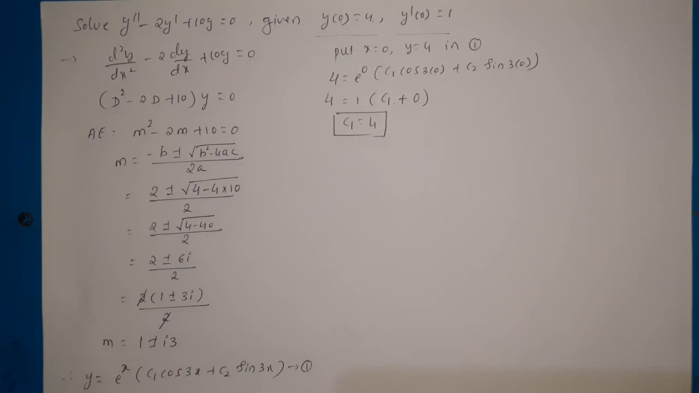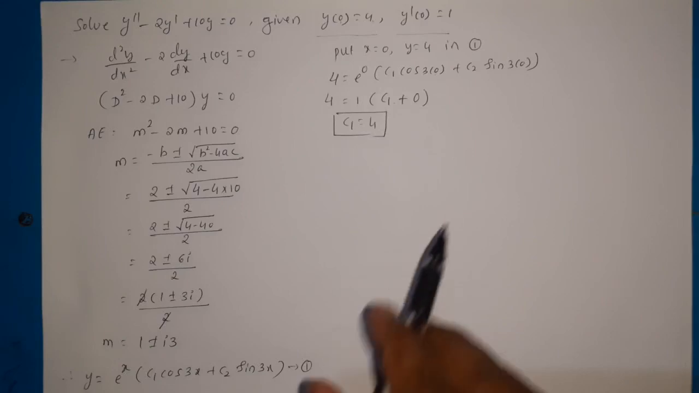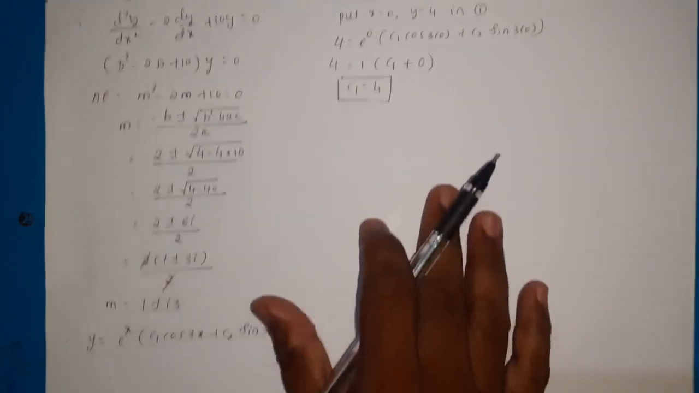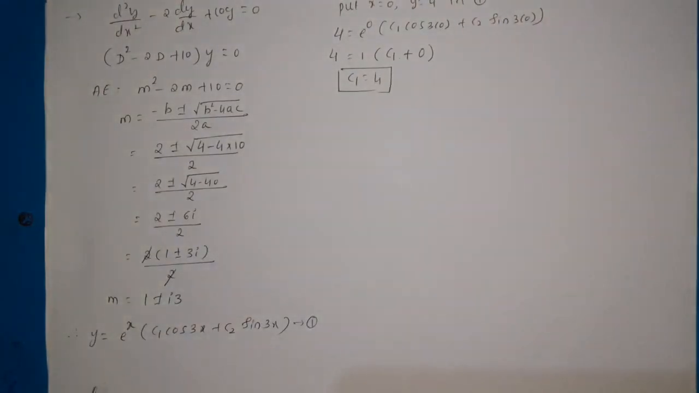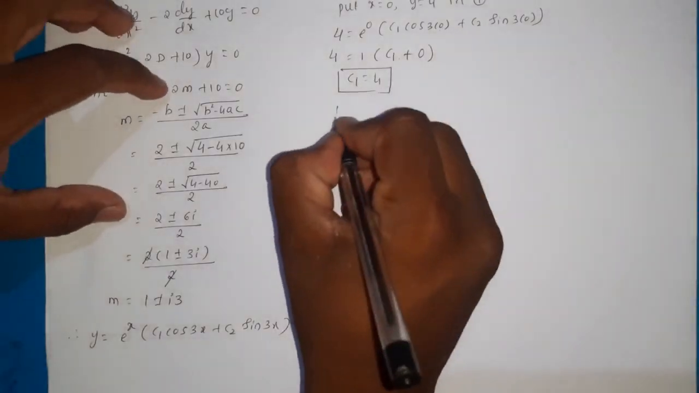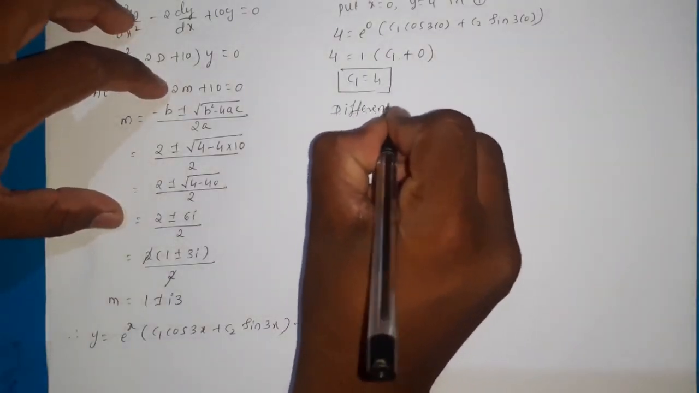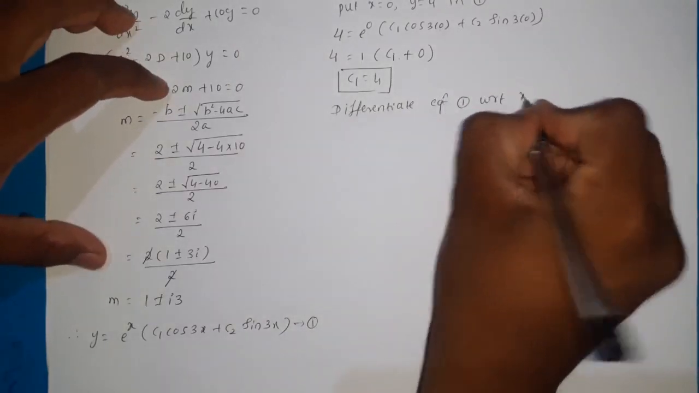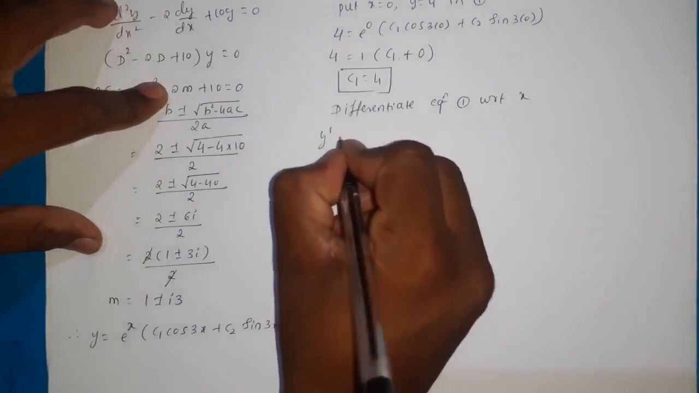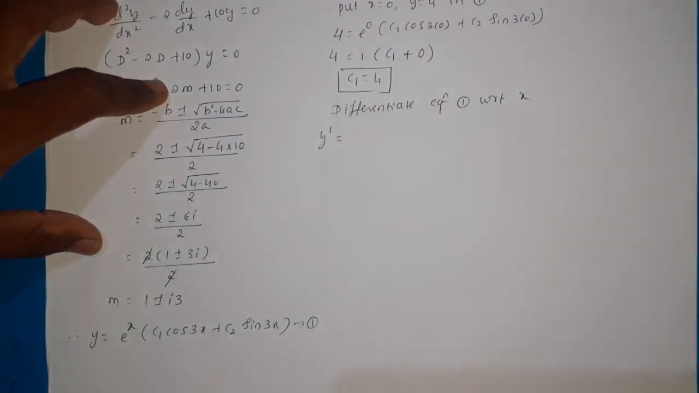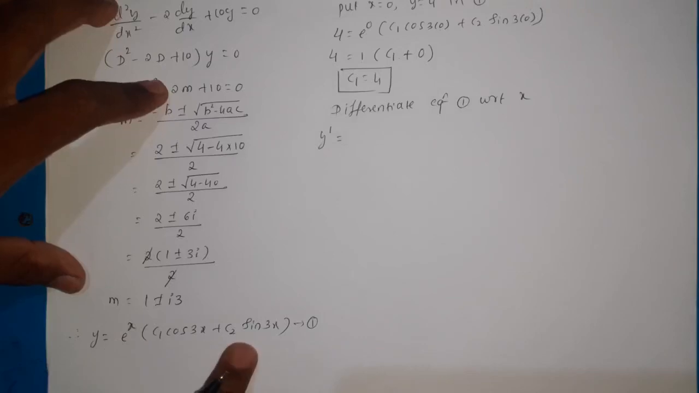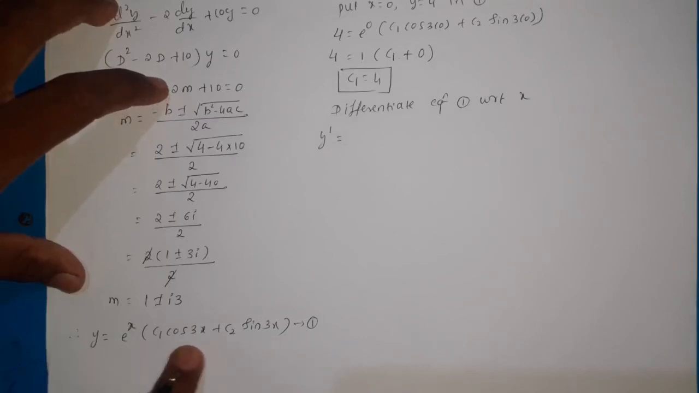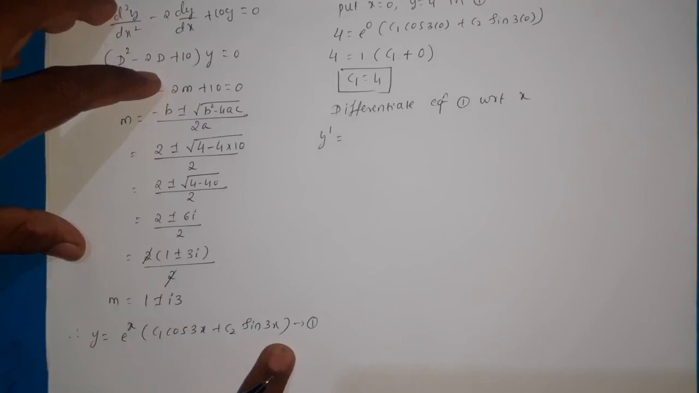And next it is given that y dash of 0 equal to 1, but here the equation 1 gives y is equal to function of x. Now we need to differentiate equation 1. So now differentiate equation 1 with respect to x, then that becomes y dash, right. And here we have two functions, one is e power x and one is c1 cos 3x plus c2 sin 3x. Then we need to use the